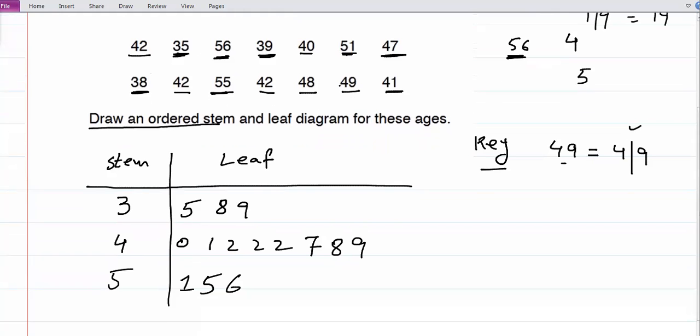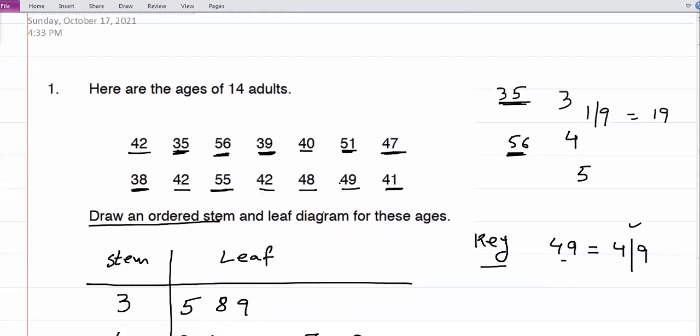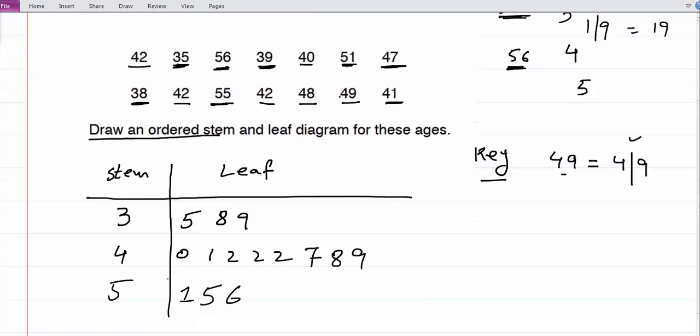Once again, for making the stem and leaf diagram, if I write any number, for example, 92, this 9 is called the stem and 2 is called the leaf. For making a stem and leaf diagram, make the columns in this way, write stem and leaf, and then you have to write a key. Choose any random number. If it is a 2-digit number, between the digits just make a line. I mean, if you write it in this way, it will stand for 49.